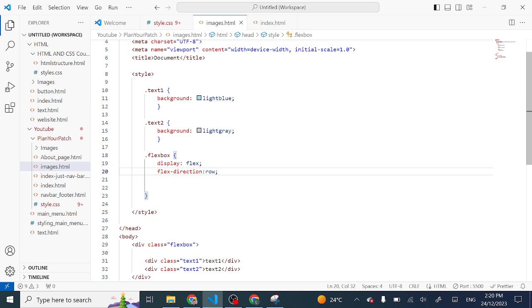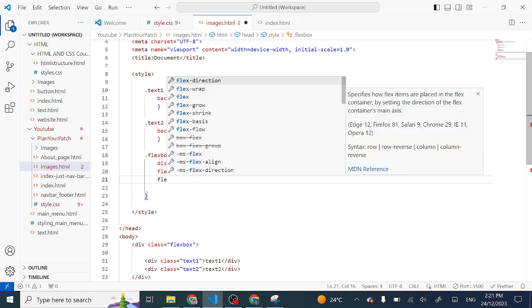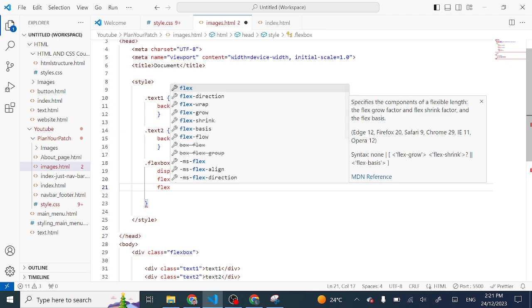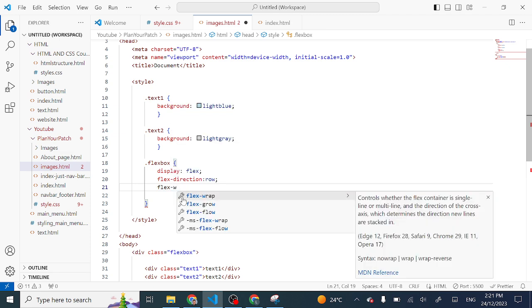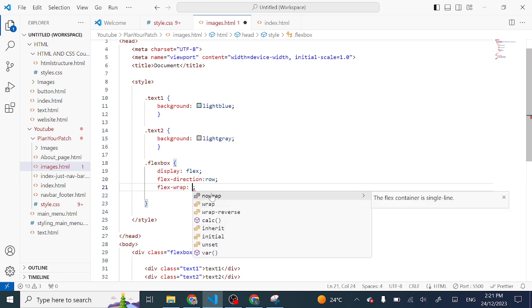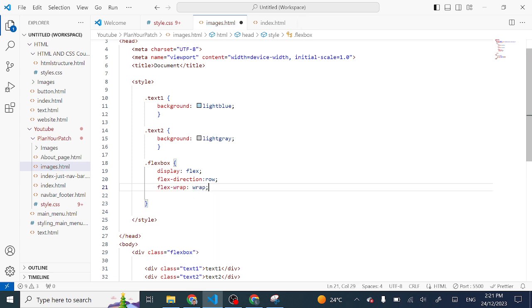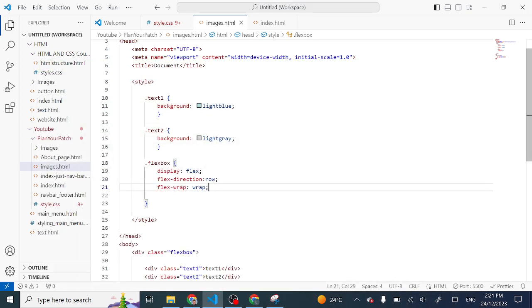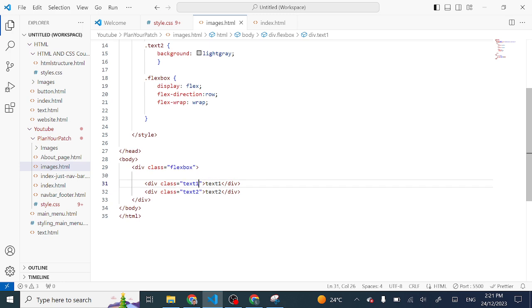Okay, and the other thing that we may want to consider is whether we allow these flex boxes to wrap around the screen. So if we do that, we need flex wrap, and then it allows you to have no wrap, wrap, or reverse wrap. Okay, if we save that, you won't see any changes there because there's no need for it to wrap around the screen. But now if I add a few more of these